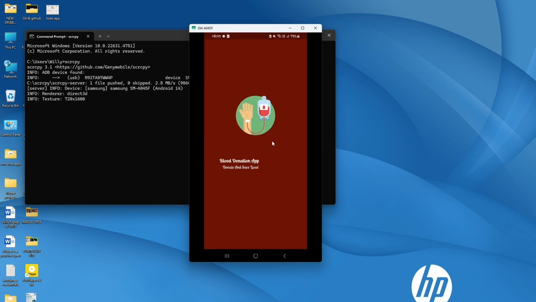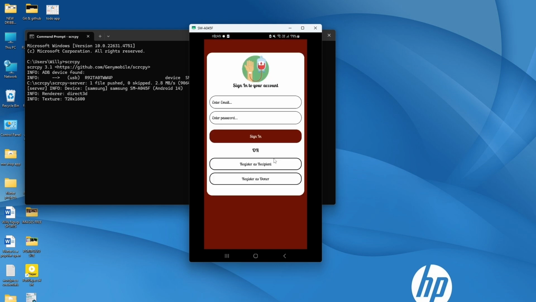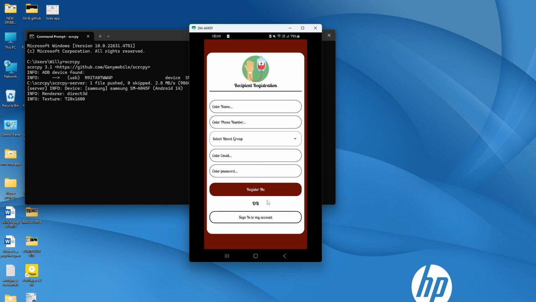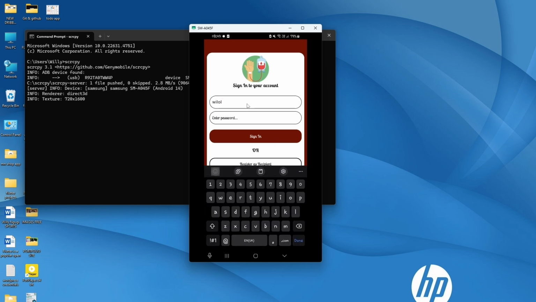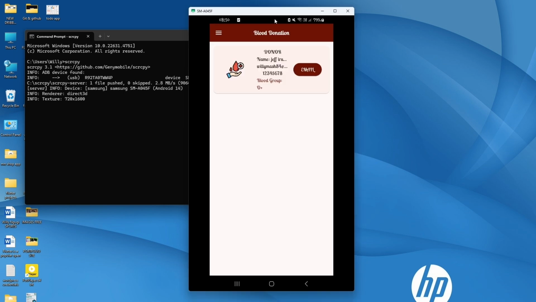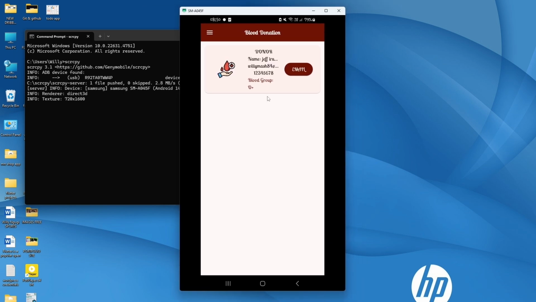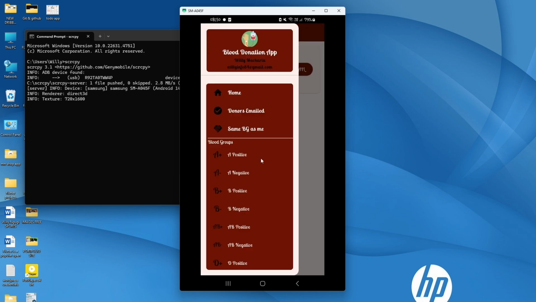Okay, so we are going first to start with a small splash screen, and then we are going to create this login page, and also users can register as recipients and they can also register as donors. So if the users already have an account, they can log into the account. So I'm going to log in as a recipient. So once I'm logged in, the application loads all the donors in the application, and we can have this navigation